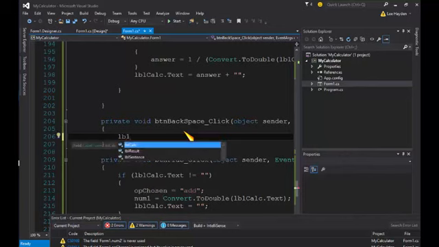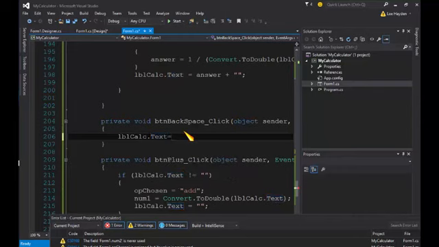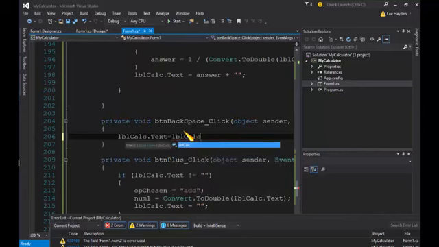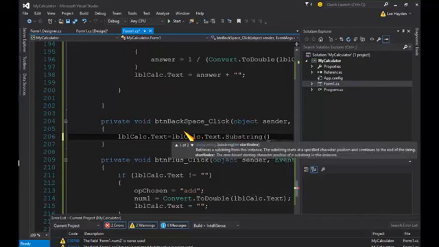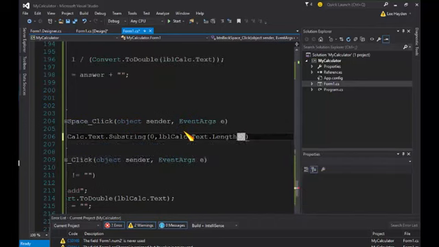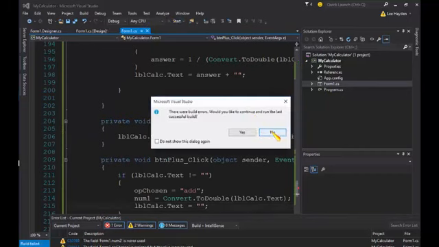So I'm going to make a substring out of what's already there of every character except for the very last character. So I'm going to say lblcalc.text equals lblcalc.text.substring and then 0 and lblcalc.text.length -1. Okay, and what that does is it creates a well, let's see,